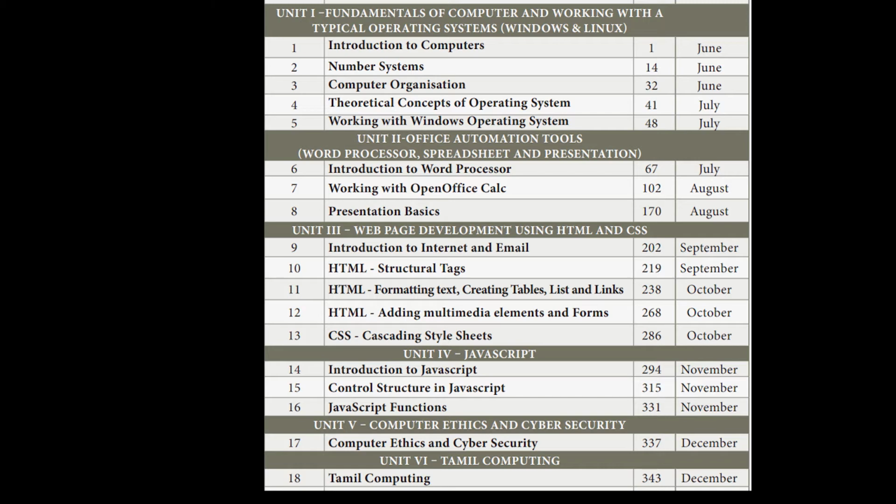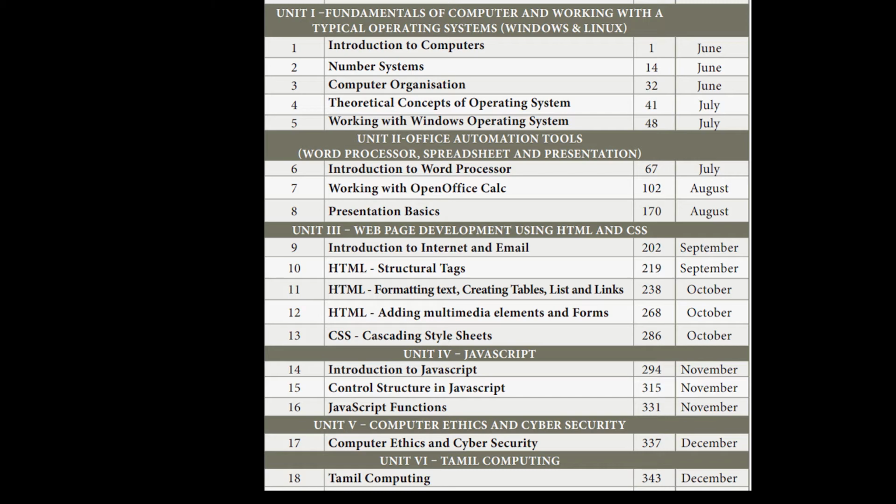So every office or any office automation tool will have a word processor. Here we'll be seeing OpenOffice Writer, that is the word processor of OpenOffice. In Microsoft Office, we'll have MS Word.